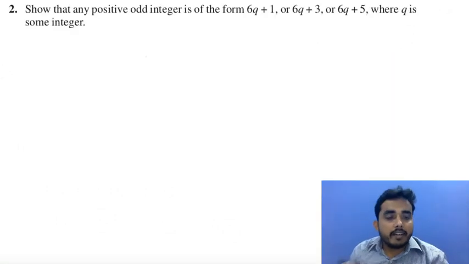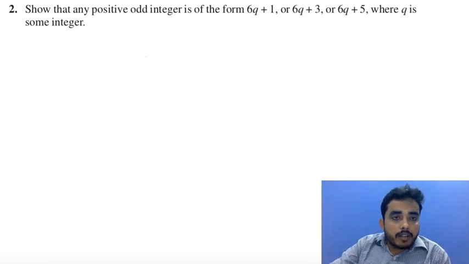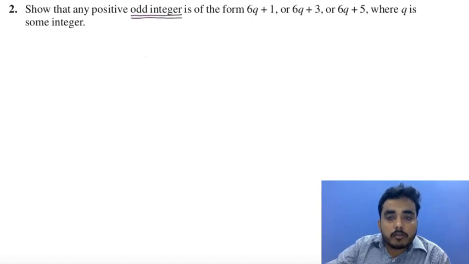So students, here is question number 2 on our screen, in which we are given: show that any positive odd integer, पहली बात तो यहाँ पे ध्यान देने वाली है odd integer, is of the form 6q plus 1, 6q plus 3 and 6q plus 5, where q is some integer. So as you remember what Euclid division algorithm is,